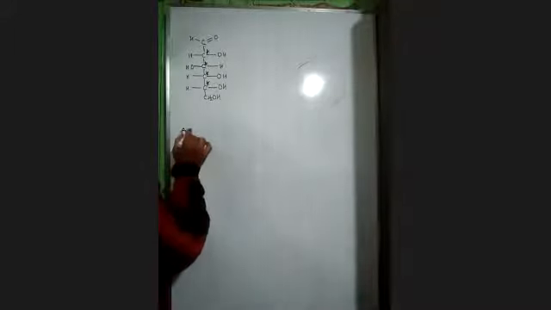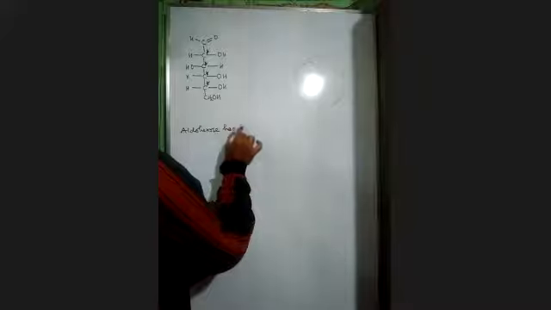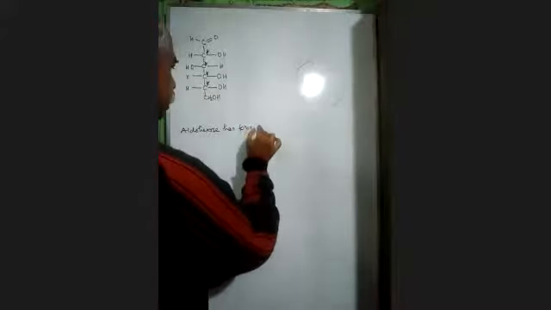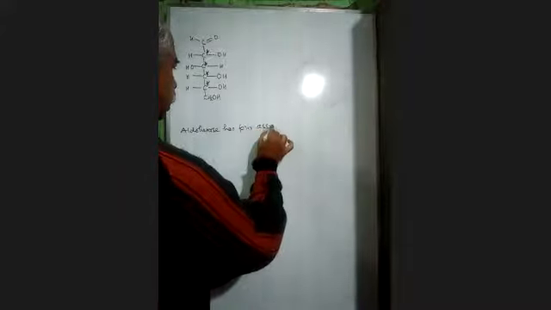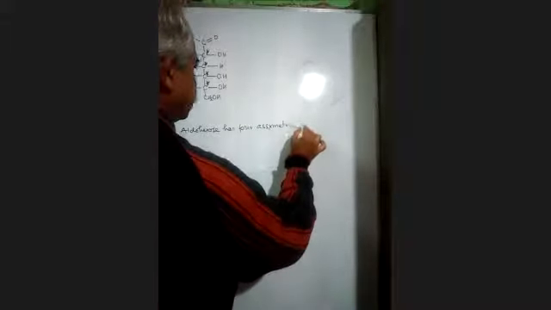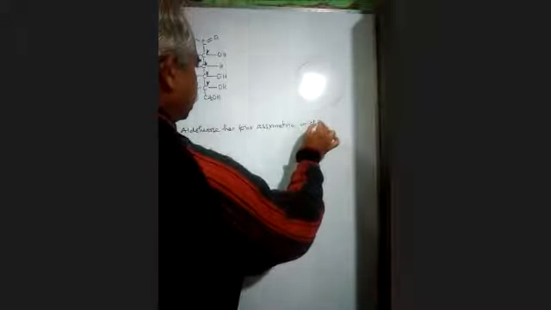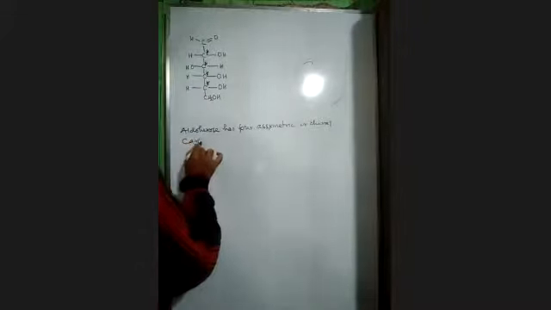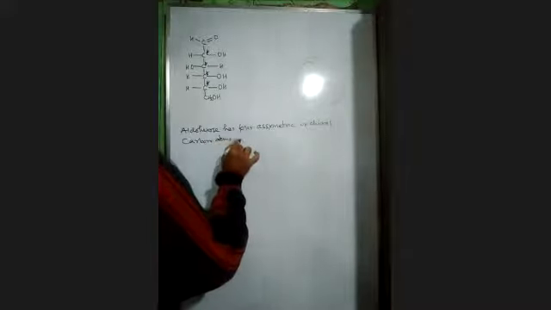Please don't write, I'm telling you. This is aldohexose. Aldohexose has 4 asymmetric or chiral carbon atoms, and thus can have,